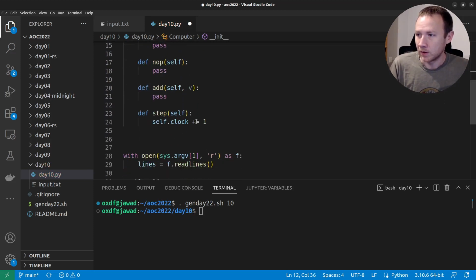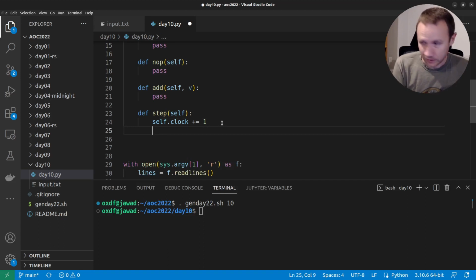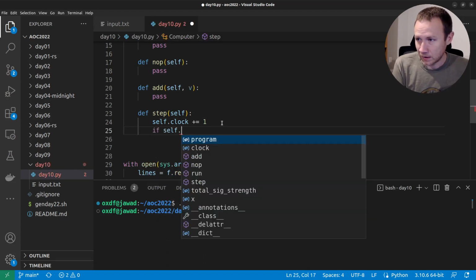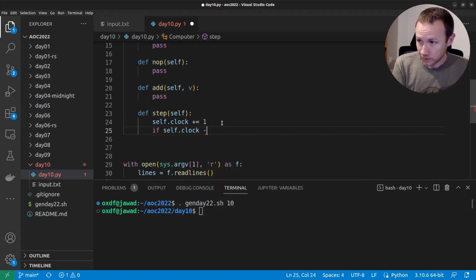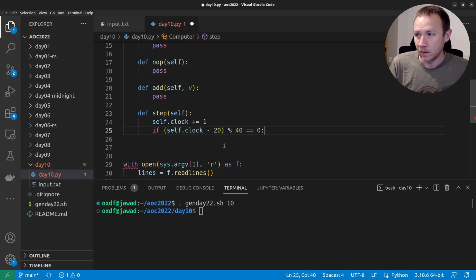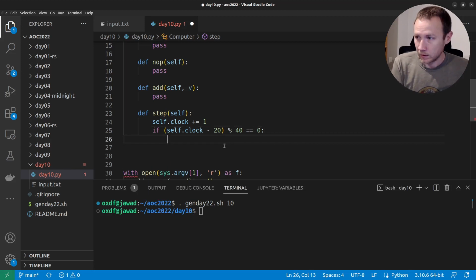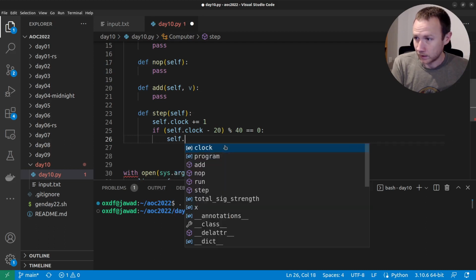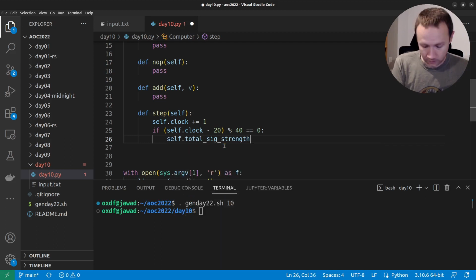So now we step our clock, and then we'll say if (self.clock minus 20) mod 40 equals 0. I think we need to put the parentheses like that. So if that, we will say self.total_sig_stren plus equals self.clock